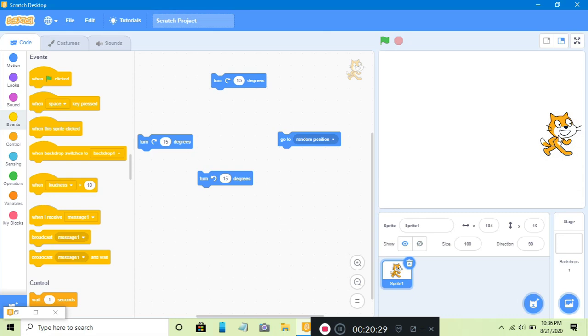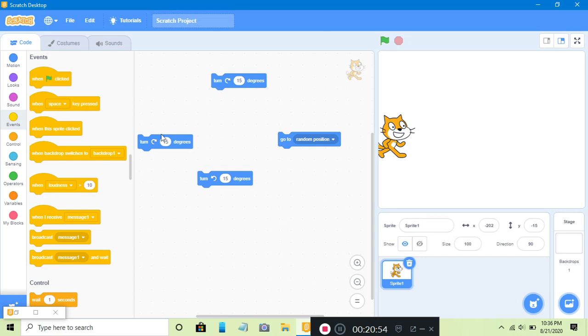Cat will stop, right? Because we have given the command of only 15 steps. Now when we put this cat under the looping, then after 15 steps the cat again starts walking 15 steps. So this is the best example for learning about looping.